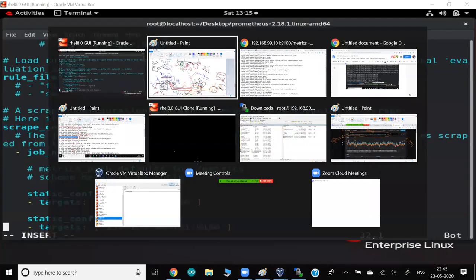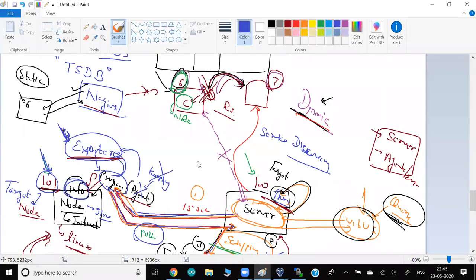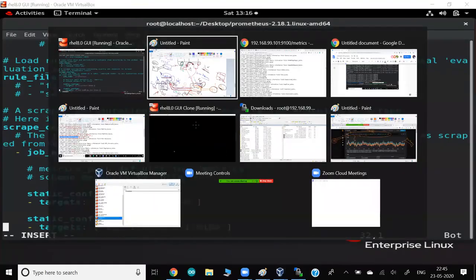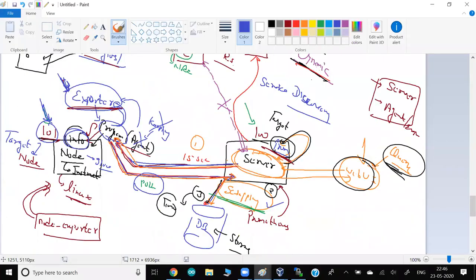For this, I have to explain the service discovery. But right now, this is the static entry I'm doing. Okay. And one more thing, guys, what is the duty of Prometheus? The duty of Prometheus is to keep on going to the... guys, I require 10 more minutes, then we'll conclude today's class.